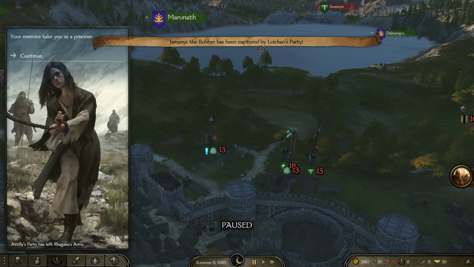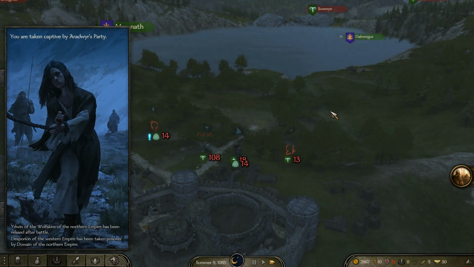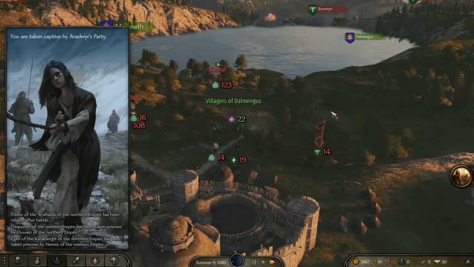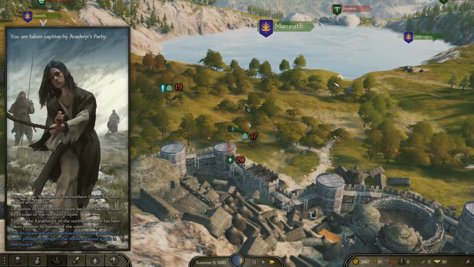So, we lose the battle and we are taken prisoner. We lose all of our party. We've probably lost some of our inventory as well, and we're not doing too well for money. In fact, we're pretty close to the situation we were in at the start of the game,